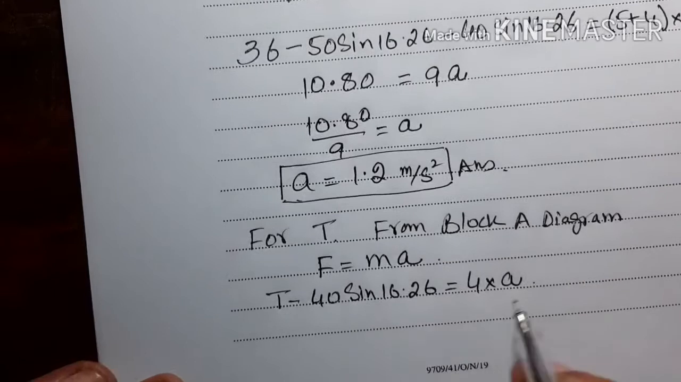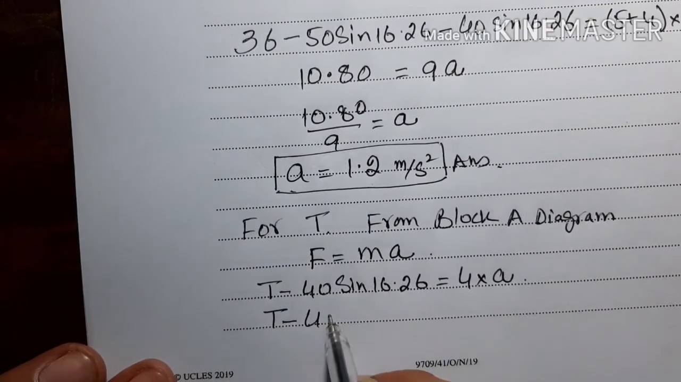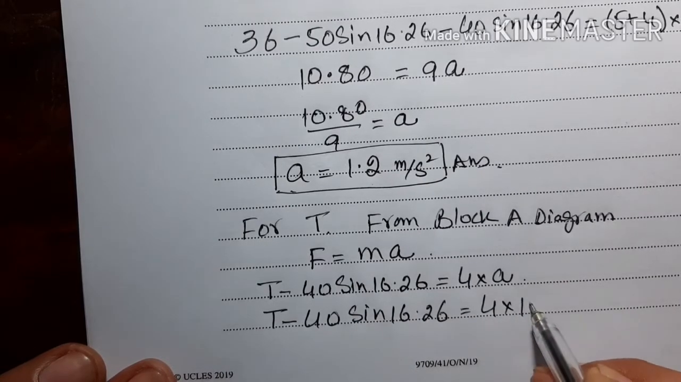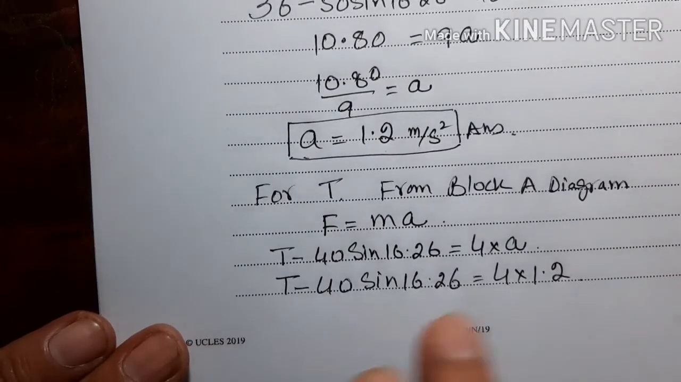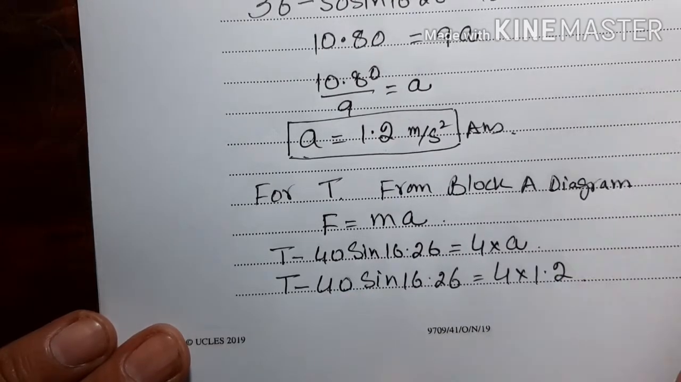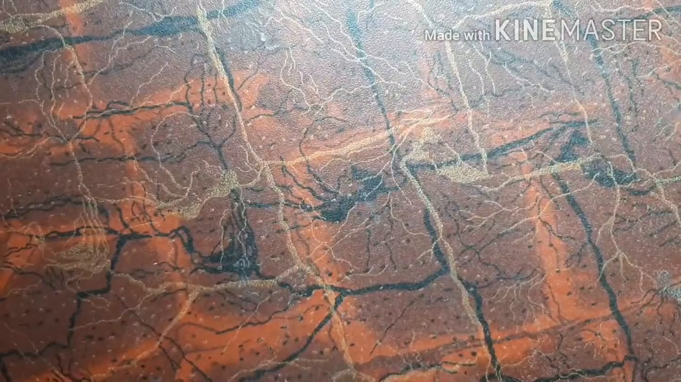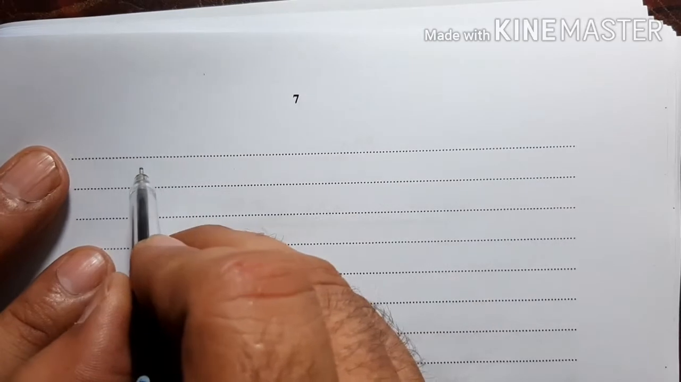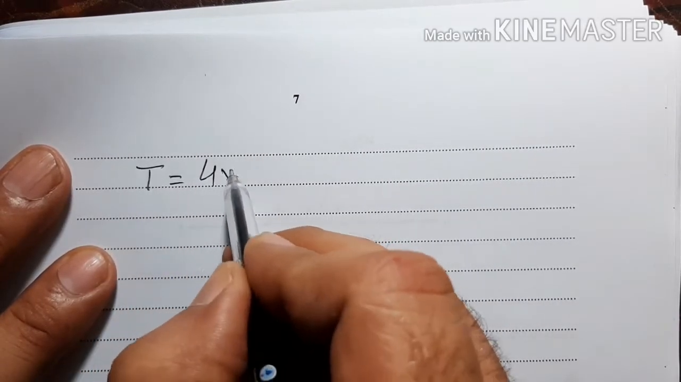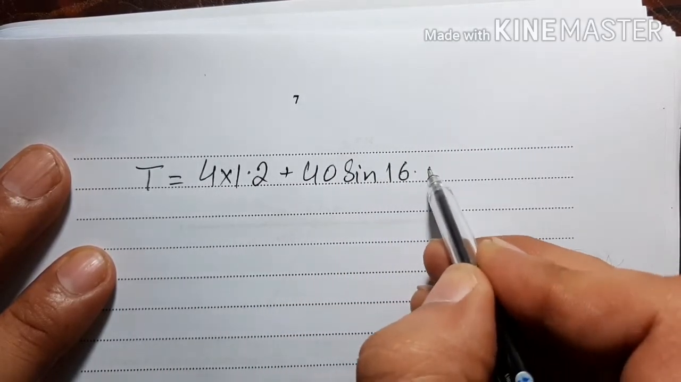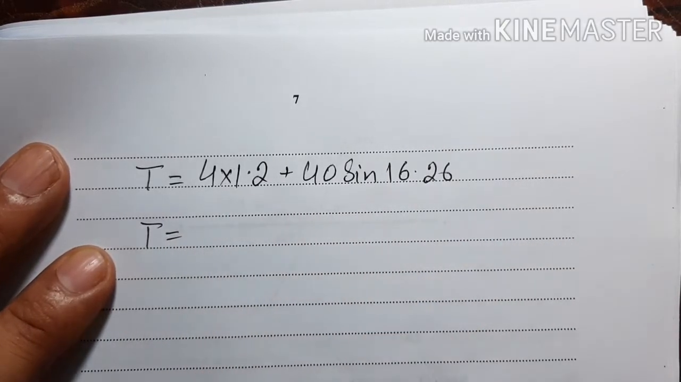I know the value of A now. So T minus 40 sine 16.26 is equal to 4 into 1.2. Now the 40 sine 16.26 will go to the right, so this will become T is equal to 4 into 1.2 plus 40 sine 16.26, and after solving it by calculator,